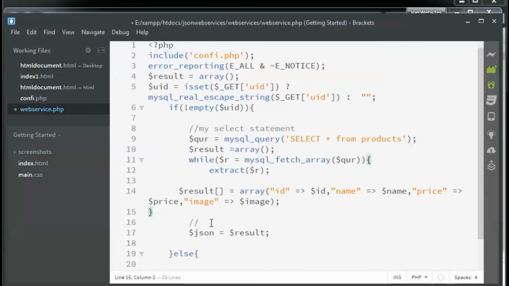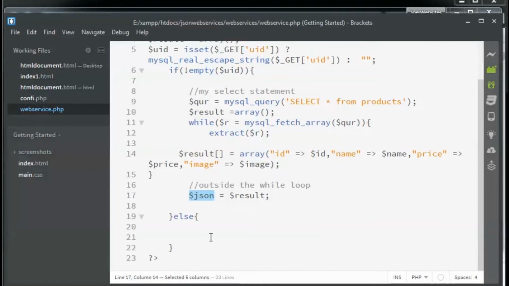So this is the while loop, and this is outside the while loop. Basically what happens is that the while loop will iterate the values and then finally we'll get a results variable in the JSON. The value of result will be stored in JSON and then we will happily echo it out.